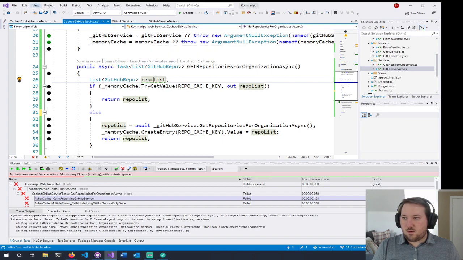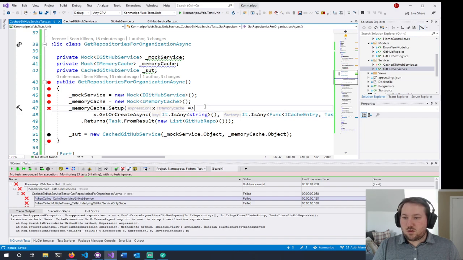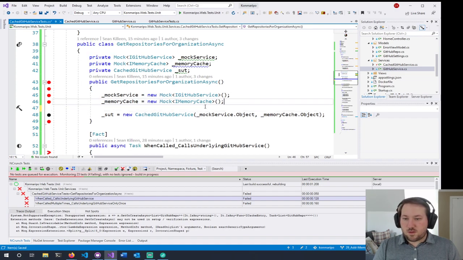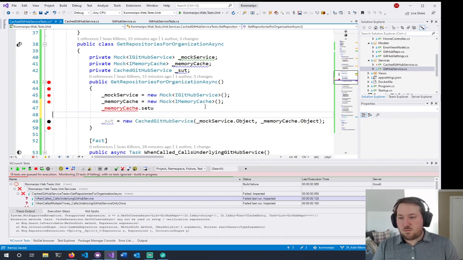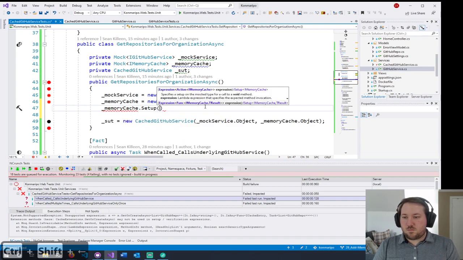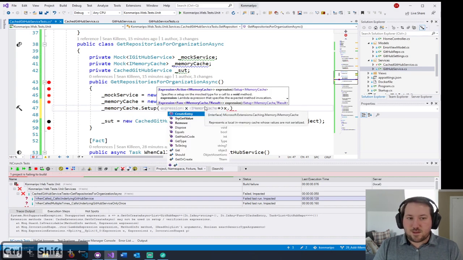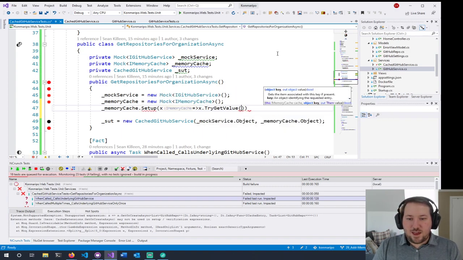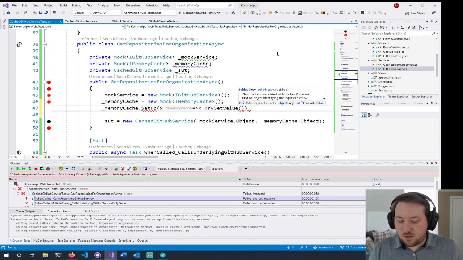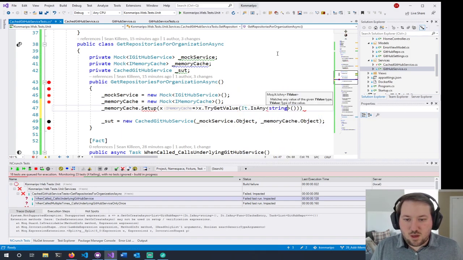So let's go ahead and see what we got going on here. So we'll have to do some setup still. We're going to be very specifically calling try get value, and we're going to be calling create entry as well. So we're going to have to mock those things out. So let's go back to this. Setup, recache, .setup. This is fun. Honestly, it's been so long since I've been trying to do this. So we'll say is any string